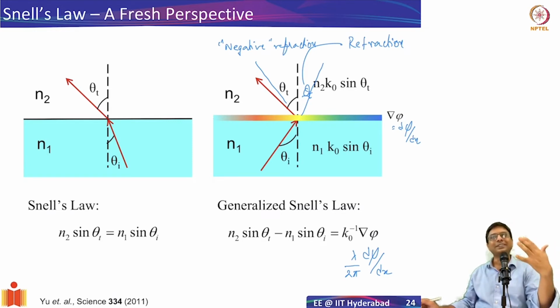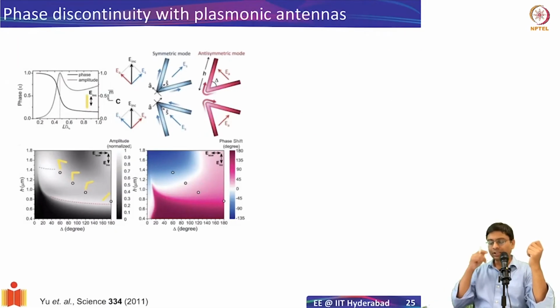Now, after 10 years of research, people realized that you can even do it with a simple array of planar antennas. Okay, that's why it caught a lot of attention, and quickly people started running after this. A lot of research groups parallelly started working on this, and the whole area of metasurfaces that we have been talking about for the last 10 years is essentially that. Okay, so how do we do that?